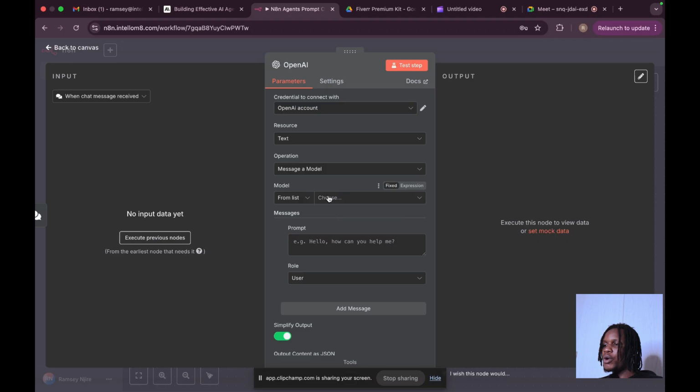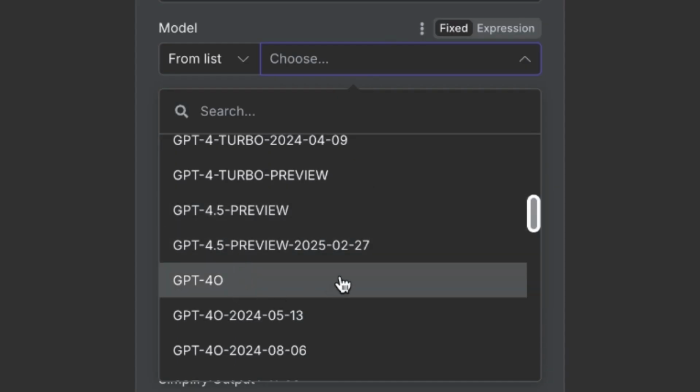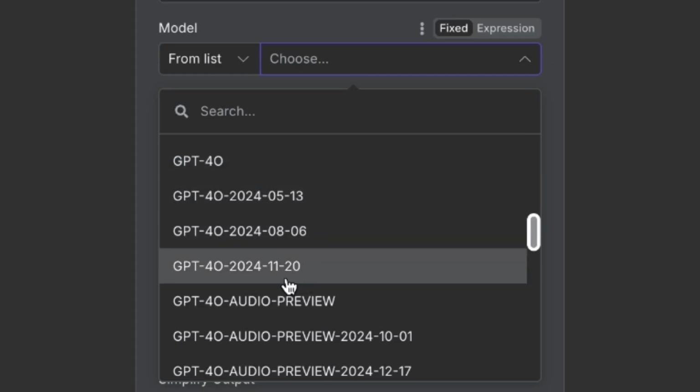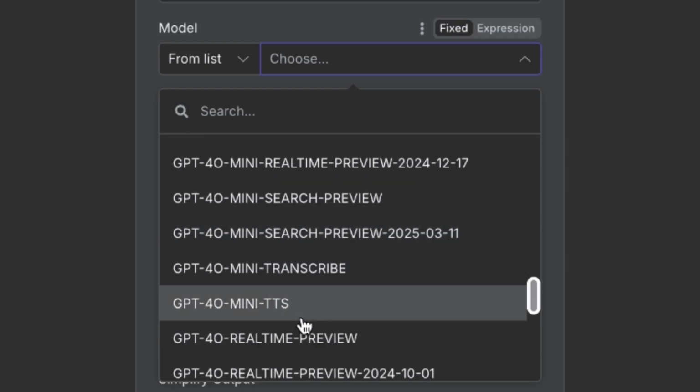Now, which model do we choose? You have a slew of models once you're connected to OpenAI. You can choose pretty much any. I like to go with GPT-4o, and sometimes I'll go to the latest version I can find, but you've got a lot of options. Some of them are more expensive than others. So for this demo, we'll just go with